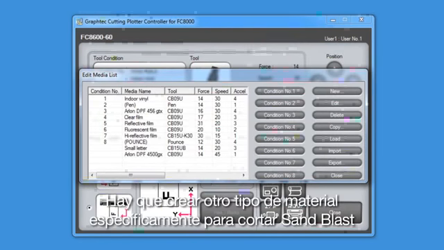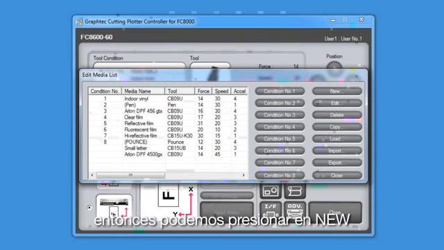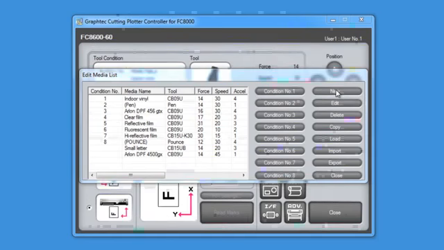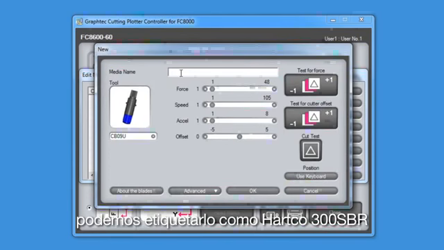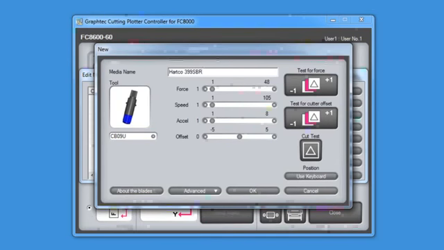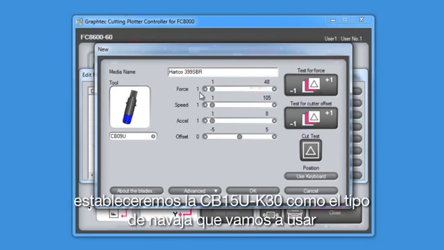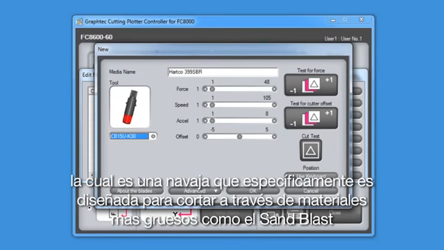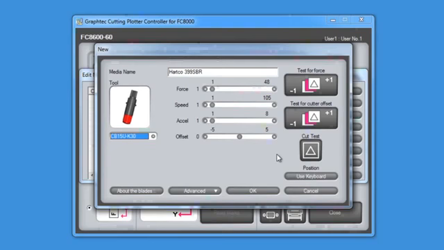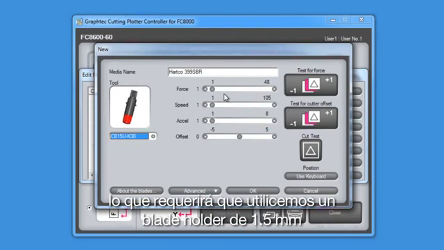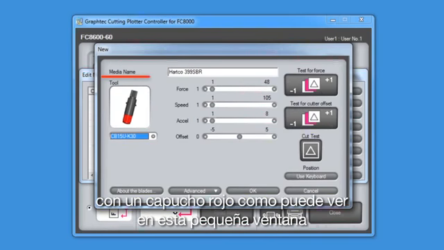Let's create another media type specifically for cutting sandblast resist. So we can click on New. We can label it the Hartco Series 300 Sandblast Resist. We will set the blade type to a CB15U K30, which is a blade that is specifically designed for cutting through thicker materials such as sandblast. What this requires, though, is that we use the 1.5mm blade holder with the red tip